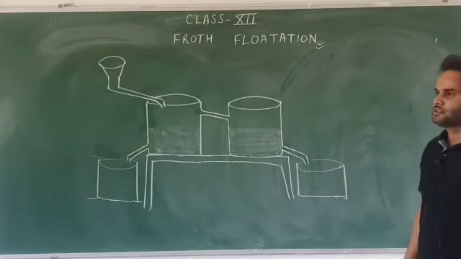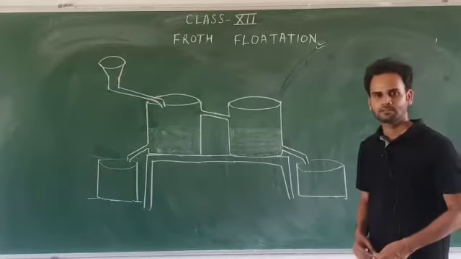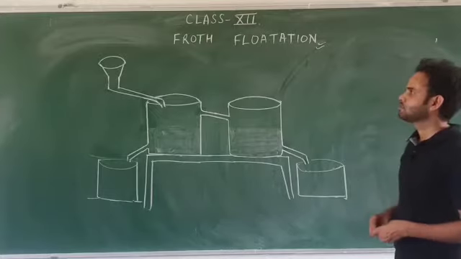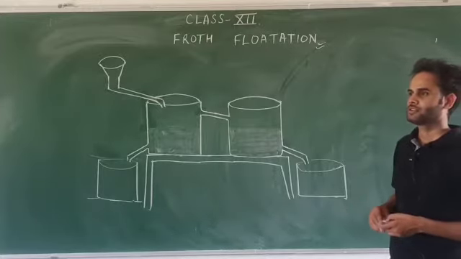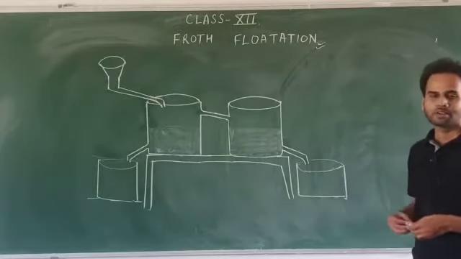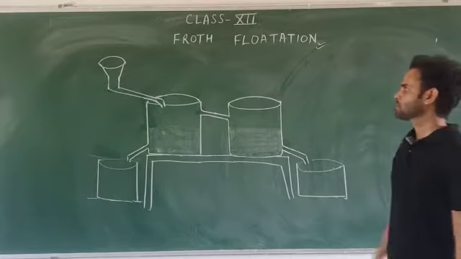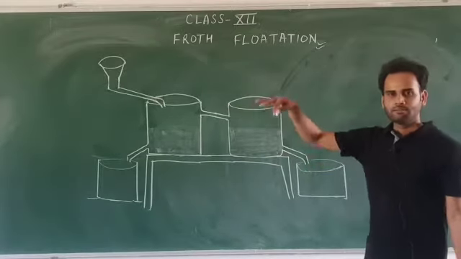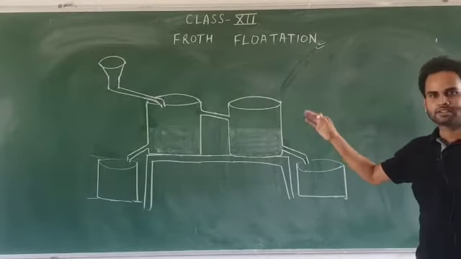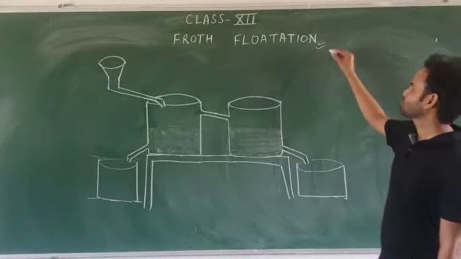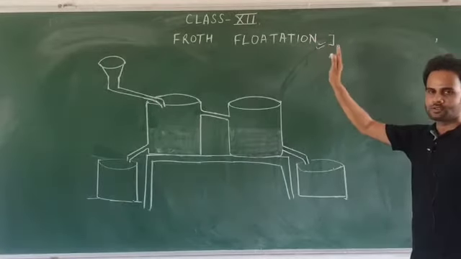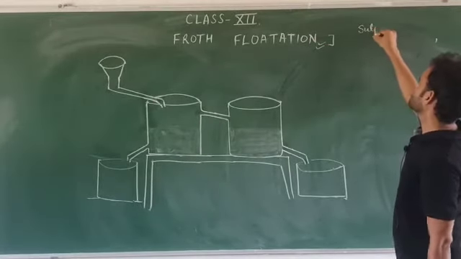As we know, naturally occurring substances found in nature from which we can get metals are known as minerals, and some few kinds of minerals from which we can get the metal easily and conveniently, you can say economically as well, are known as ore. From ore we get the metal in some steps, in which there is a method that is concentration of ore, and in that process we have a method that is froth flotation. It is used usually for sulfide ores.